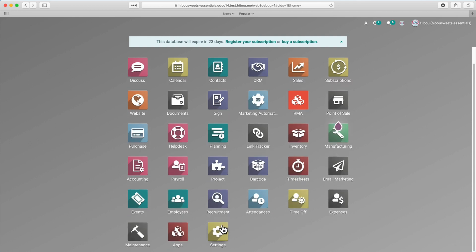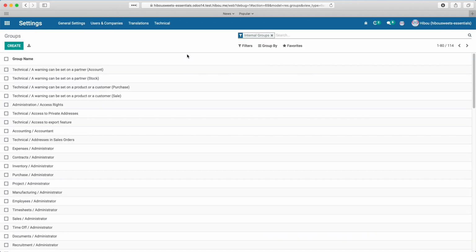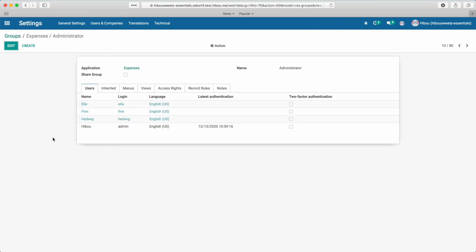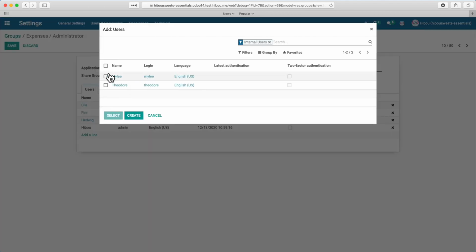Once we're in developer mode, we can go back into settings, and we will see that we have access to groups in our users and companies menu item. Groups, as I stated, are the underpinnings of all permission sets. So for example, if we look at expenses administrator, we will see all users that are a part of this group. And note that you can quickly give multiple users access to a certain permission group by adding them here